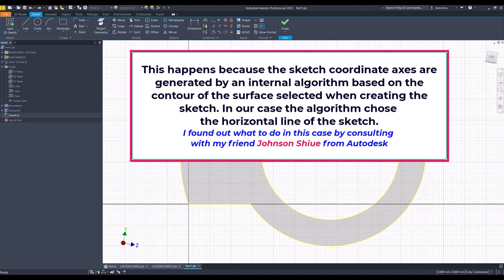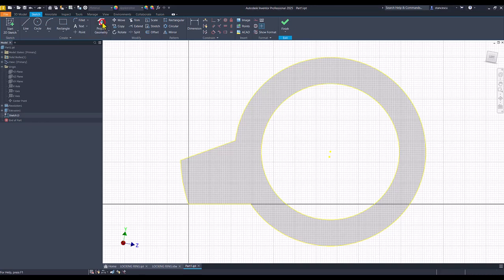I found out what to do in this case by consulting with my friend Johnson Shui from Autodesk. Thank you, Johnson. We project the y-axis. This is the axis we need to create that angle of 7.8 degrees, and then we use a special